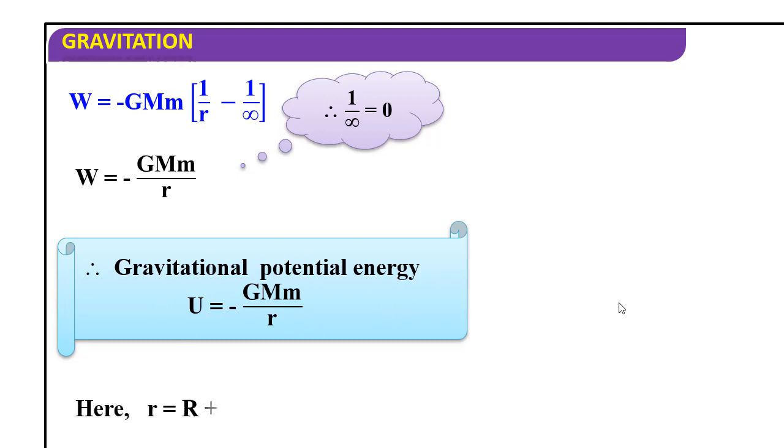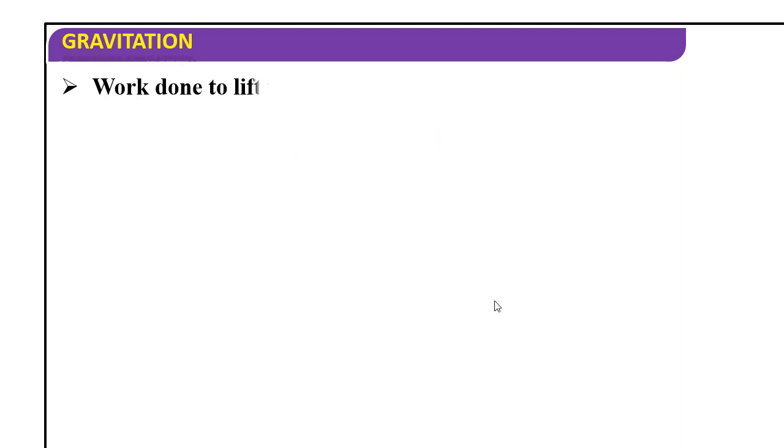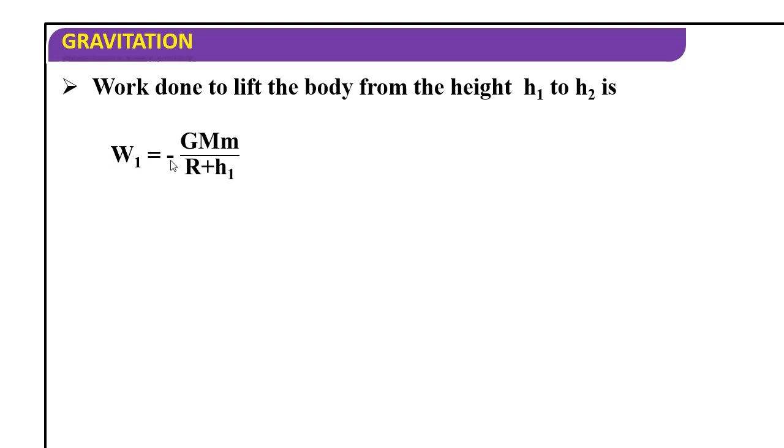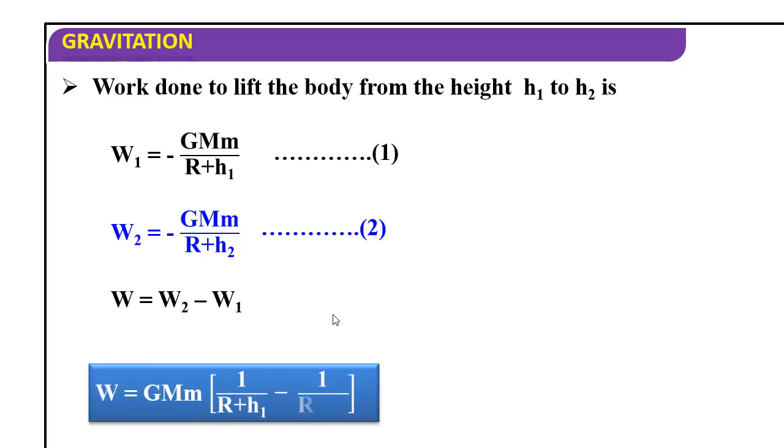Kinetic energy also we can discuss. So here R is equal to R plus h. This is the formula. The work done to lift the body from height h1 to h2: W1 is equal to minus GMm by R plus h1. Similarly, W2 you can write. W2 minus W1 is equal to this formula. After simplifying,